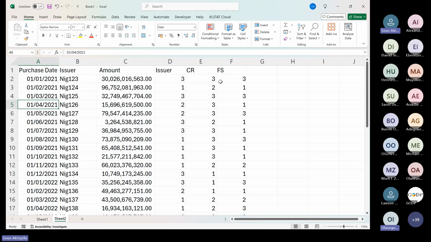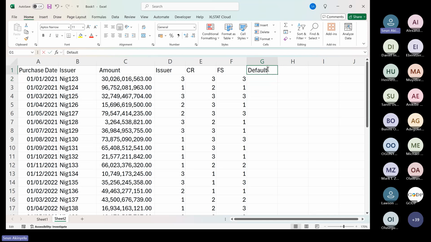Please, do you understand where I've gotten to? I did, this is like your data that I'm just mining. Okay, so however, default or no default, meaning did they pay when they were supposed to pay? You know that there are some states, they don't pay when they are supposed to pay. Later, they will now pay. Yeah, they have entered default by not paying when they are supposed to pay.